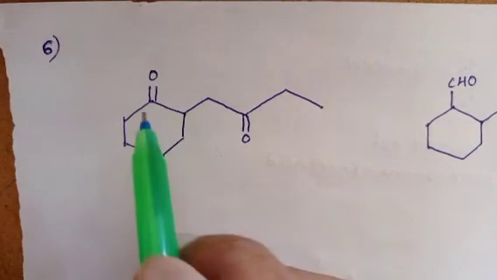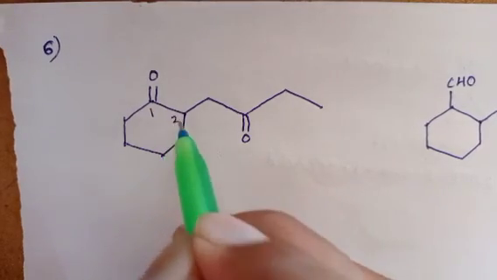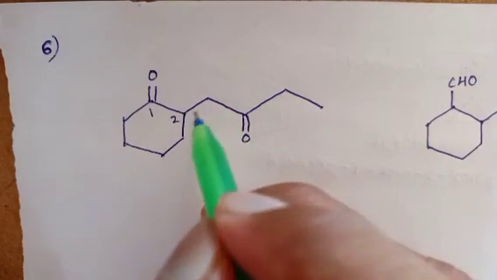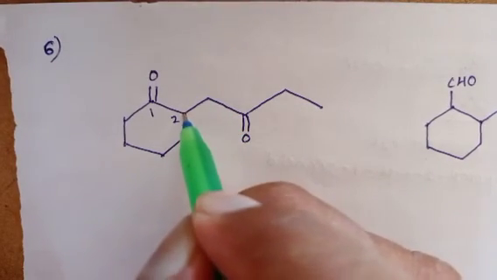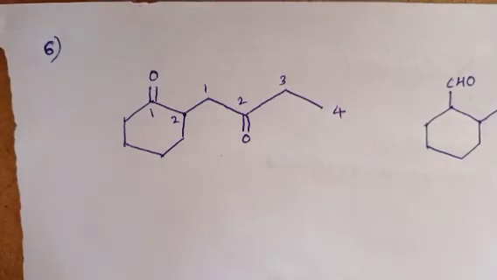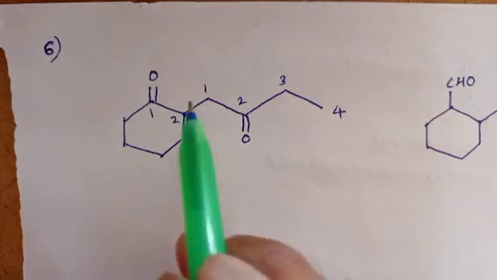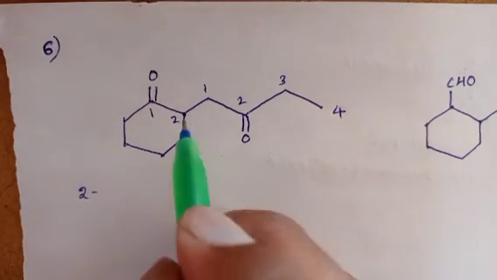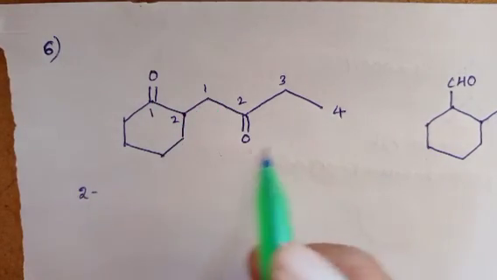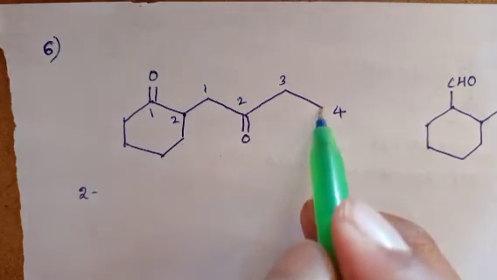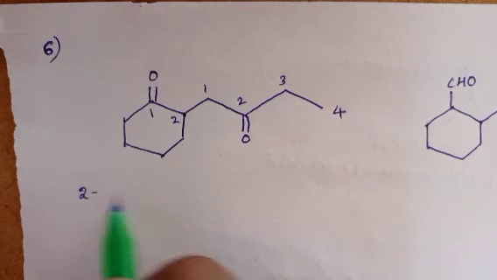Based on this, give the numbering. This is the main functional group, 1, 2. At the second position, this alkyl group is present. So give the numbering for that alkyl part also: for this carbon, where the alkyl group is attached, give the numbering 1, 2, 3, 4. What is the name of this compound? This is the substitution. At the second place of this compound, this alkyl group is present. This alkyl group has 4 carbons, which means we can write directly 2-butyl.